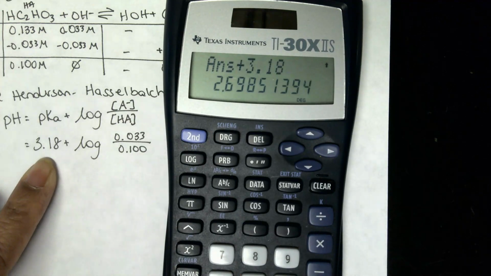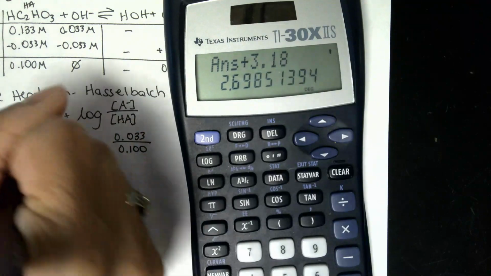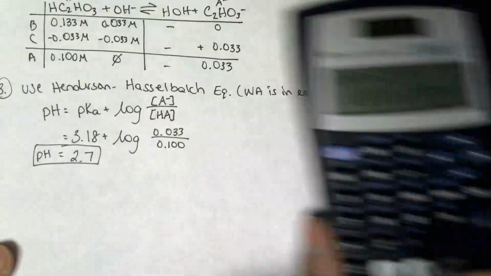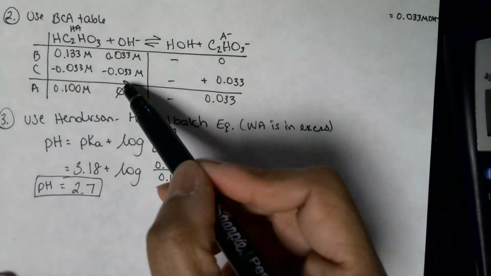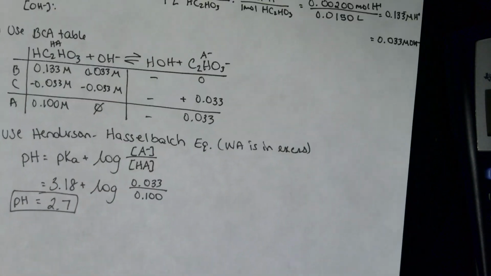So that gave me, let's say, 2.7 as my pH. And again, I had to use this because I had a weak acid in excess. All right. So moving on,